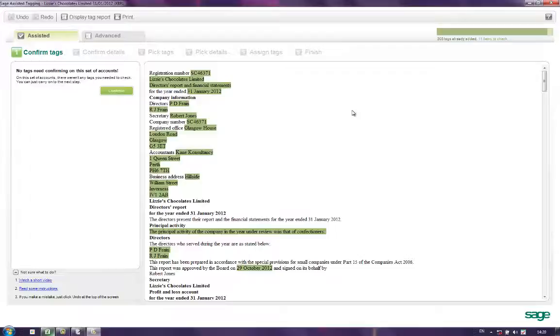If you want to see how many items still need some attention, then if you come up to the top right hand corner, you'll see that 203 tags have been already automatically added to this iXBRL file, with only 11 items left to check manually. But it's a nice simple process to do so. All we do is work our way through these 6 stages, and it is a nice flowing workflow. So if we click on to continue,